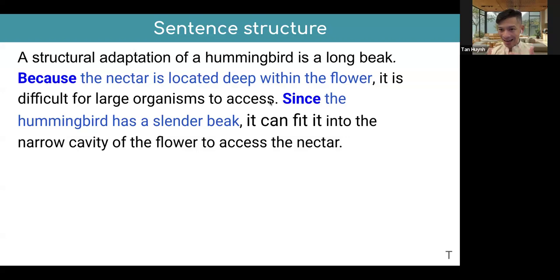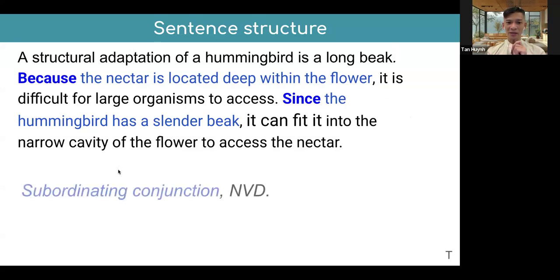Now we move to the next sentence structure. So we look at the next sentence. Because the nectar is located deep within the flower, it is difficult for the organism to access. And then this is what I notice. It's a subordinating conjunction. So this is what I tell my students: a subordinate conjunction can start a sentence with the word because, and when it does, it becomes a dependent clause. Our independent clause is structured by noun, verb, detail, which they already learned to create in their sentence mirroring